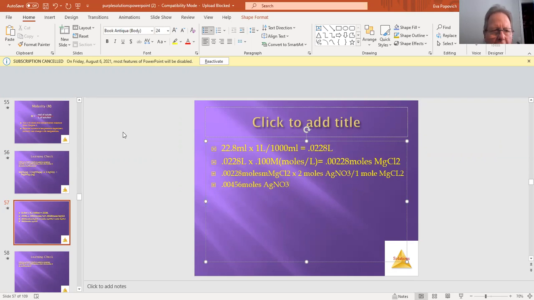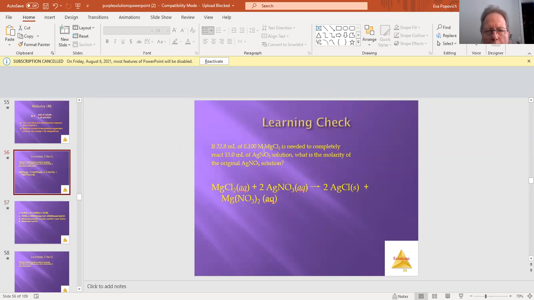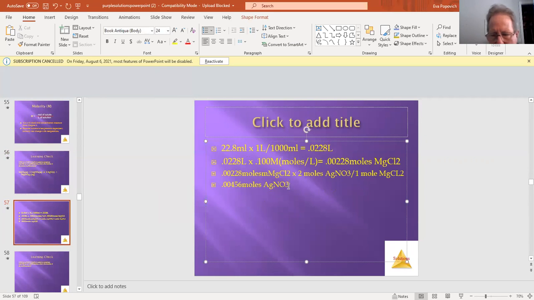Now you have to understand from the problem, I know that that number of moles was in 15 milliliters. So I'm going to take my 15 milliliters, again, convert that to,